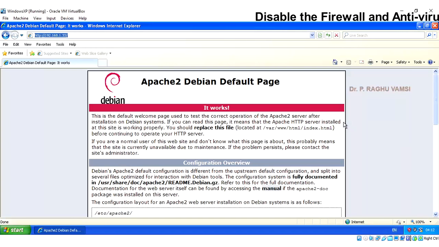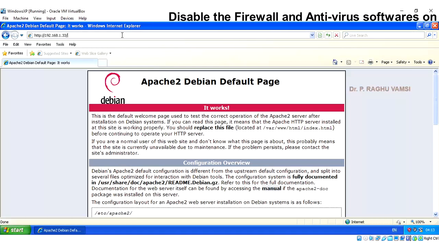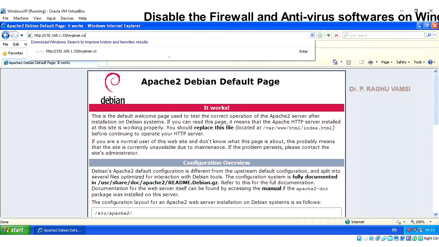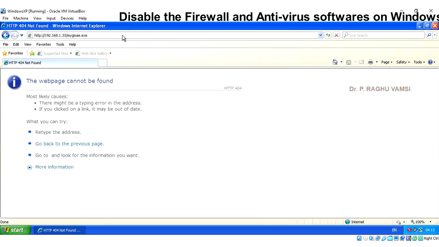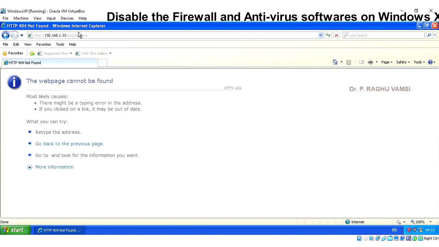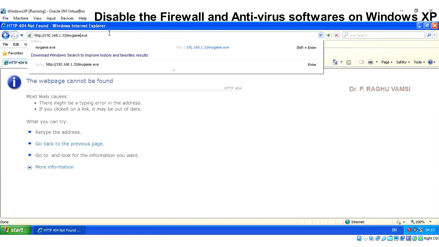Now you should make the executable download on the user computer. So you may use pop-ups, advertisements, or some links, anything. Finally, you should make the executable download on the computer, mygame.exe.